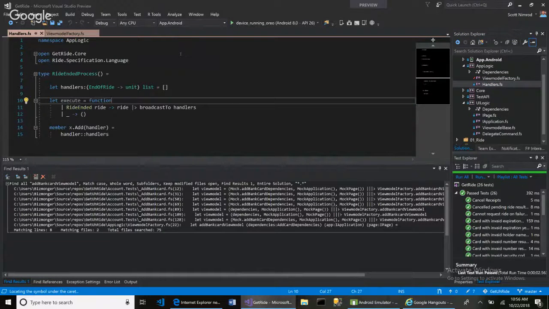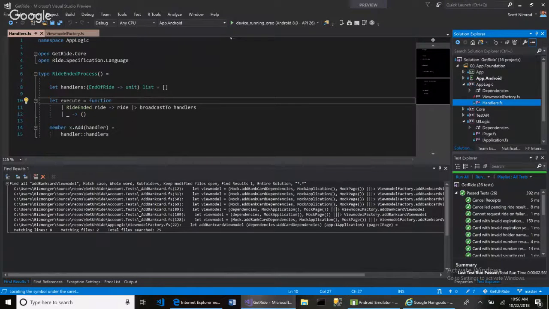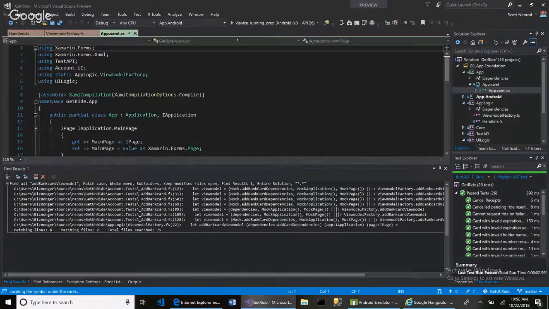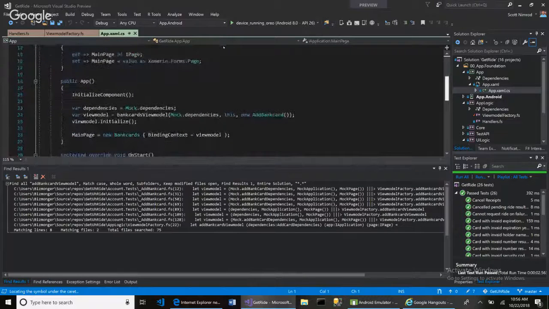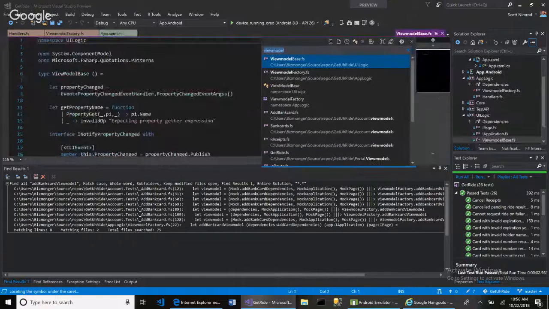Okay, somewhere in here, if I go to app, we know that it initially starts with our add bank card. Okay, no, it starts with our bank cards view model, and we call initialize on that. If I look at the bank cards view model,